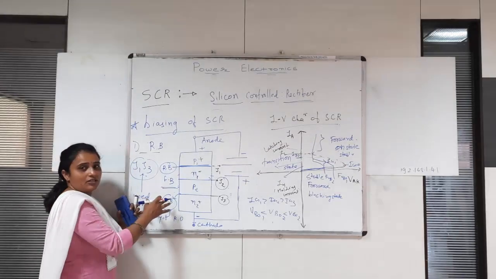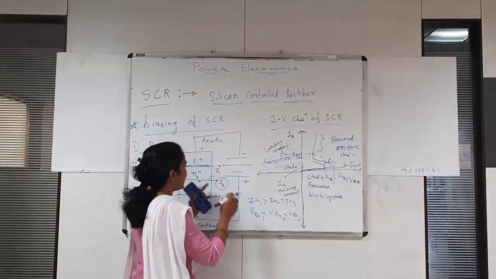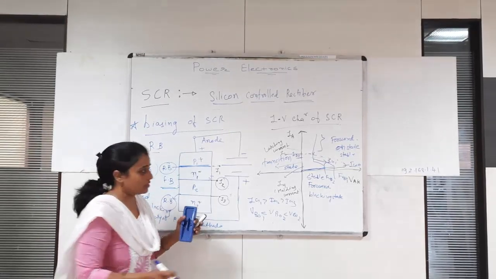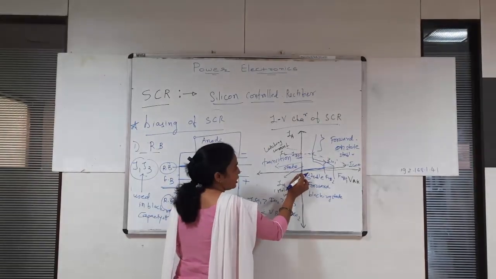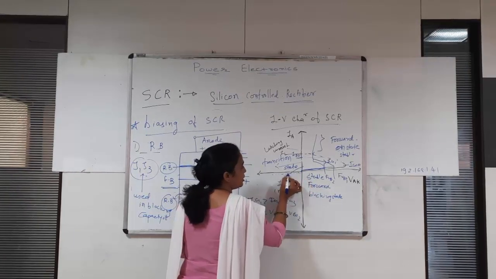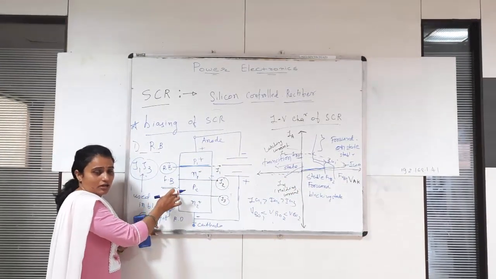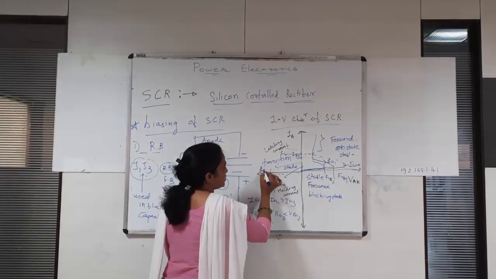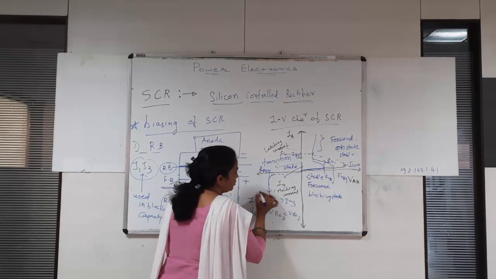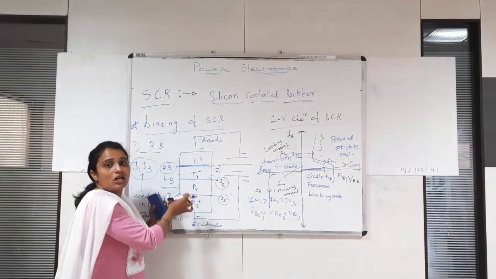Now, I am drawing this structural representation in the characteristics. In reverse bias, as we know, some reverse leakage current is flowing. So whenever I increase the voltage by a small amount, a small reverse leakage current flows. But up till now the SCR cannot be turned on. Now whenever the avalanche breakdown occurs, at this moment reverse breakdown occurs, then a large amount of current flows through the SCR because of the avalanche breakdown.